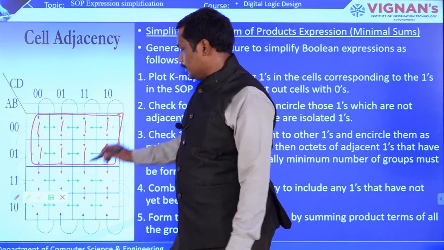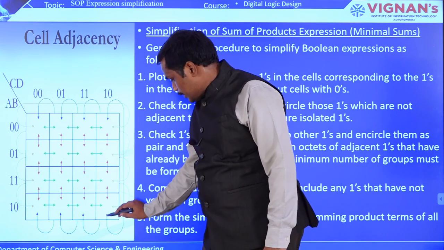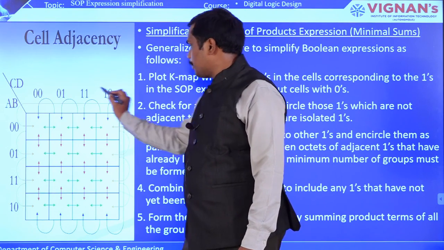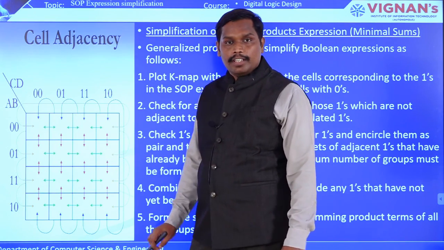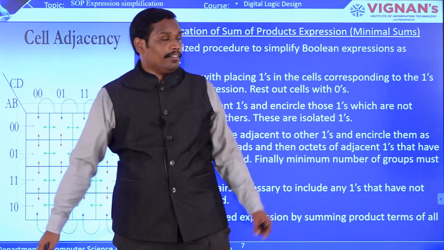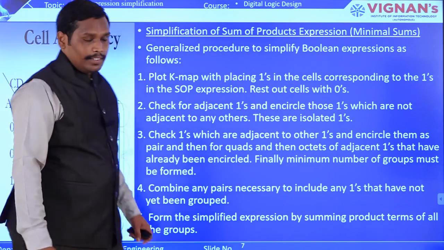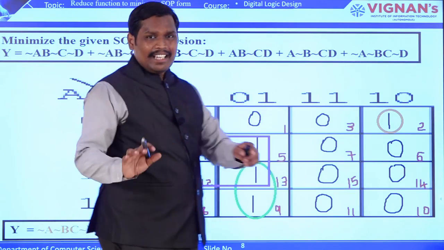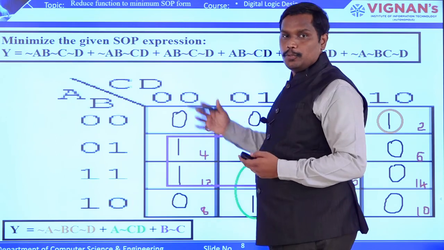In the diagram itself you can see that this position can be compared with this position, as well as this position with this position. This is how the Karnaugh map checks for the grouping of ones. Next, this is the example of how to simplify this SOP.